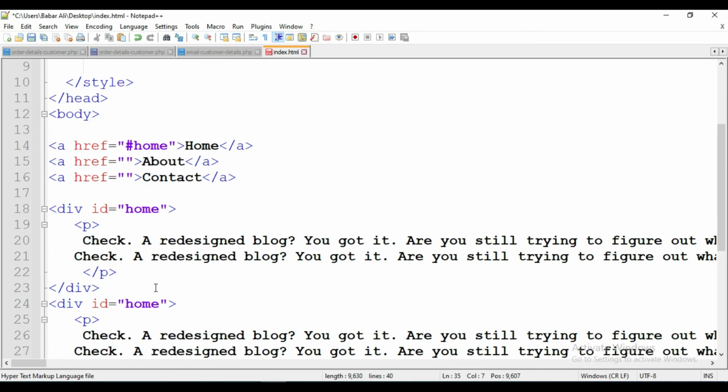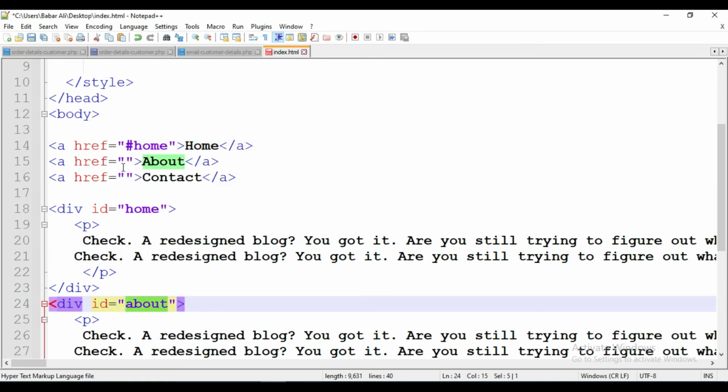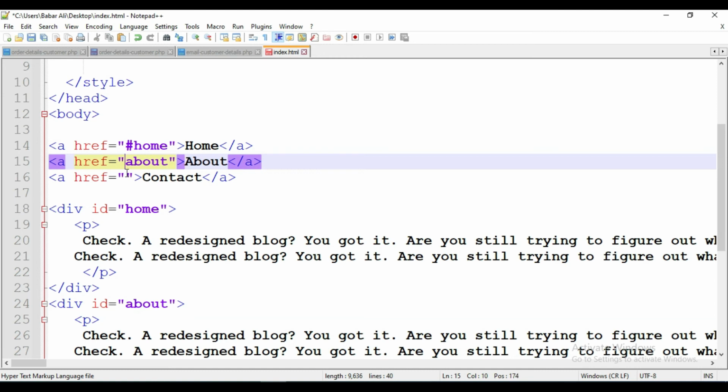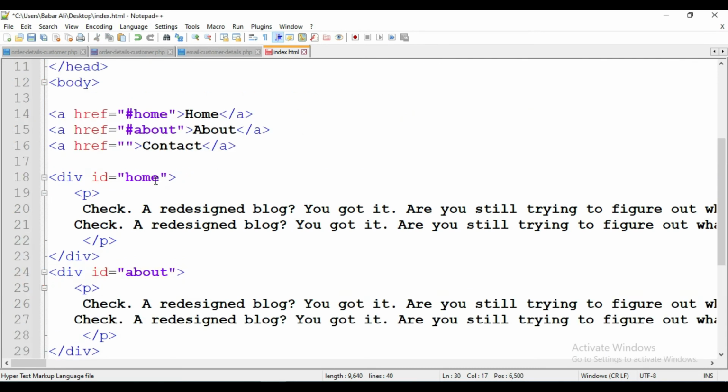I change the ID to about, I copy this and put it here and add hash, then contact, copy the name here and put it here.